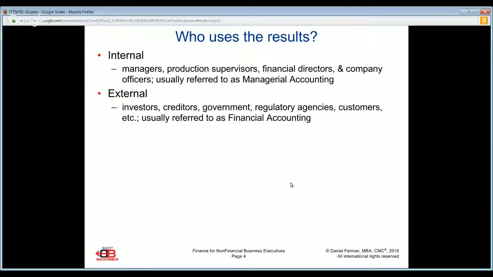So they're always looking at this. From a lender standpoint, they always want to make sure that we're able to repay the debt that they provide us. So each is looking at our financial statements slightly differently,